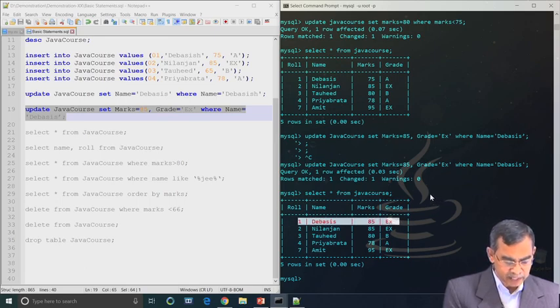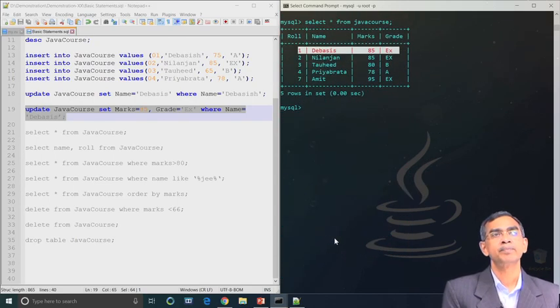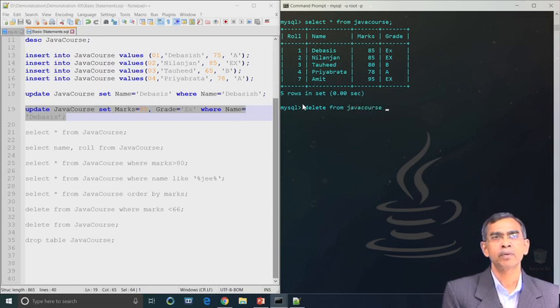Next, the statement that we are going to discuss is the delete operation. Delete means if you want to delete a record, it is a physical deletion, that means it will be removed forever. Here we are issuing one command: delete from Java course where marks equals to 80, marks is less than 75.